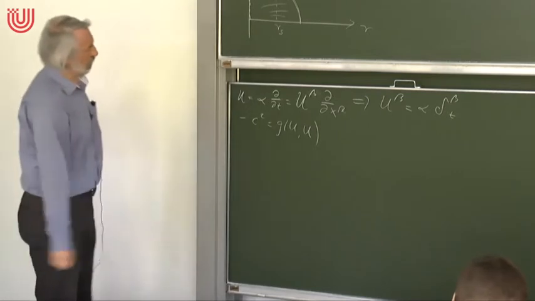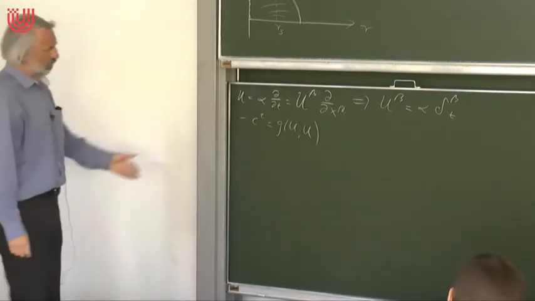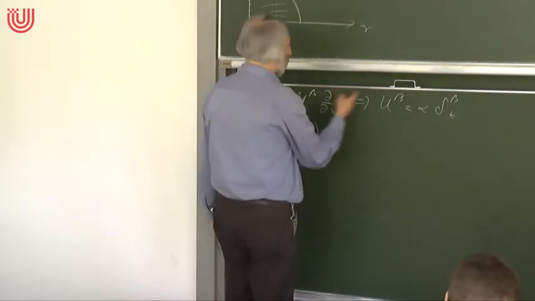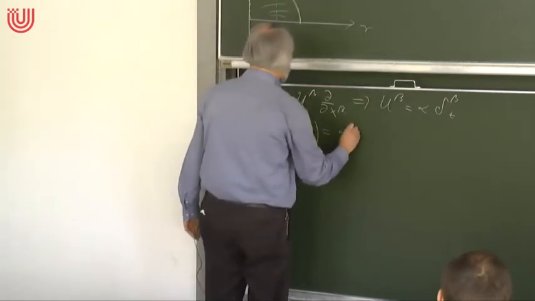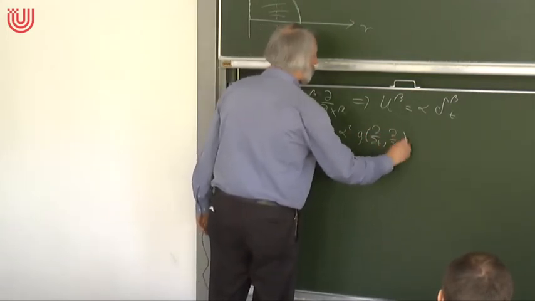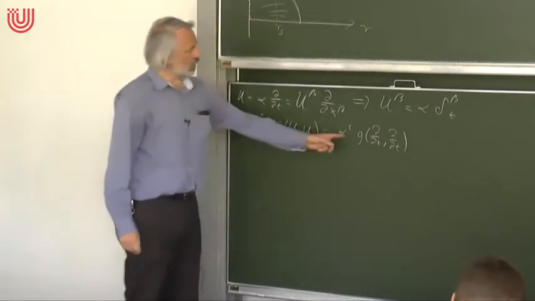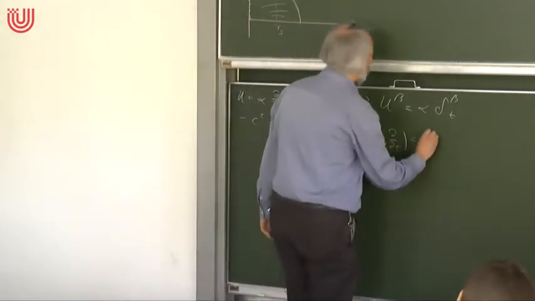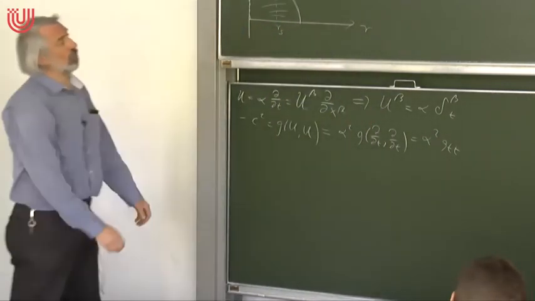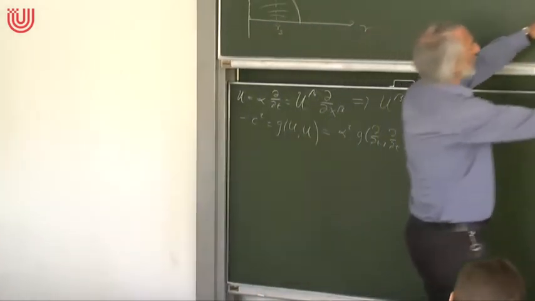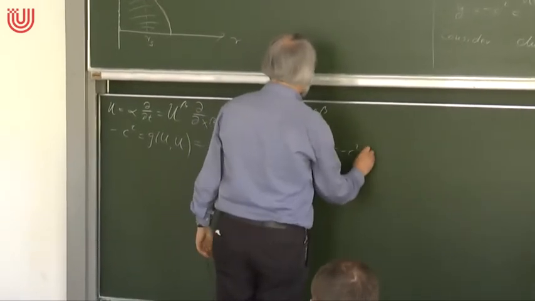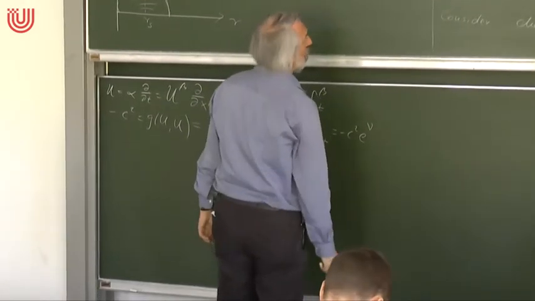We want to have g(u,u) equal minus c squared. So u is supposed really to be the 4-velocity of our dust. If I insert this expression here, I get alpha squared g(d by dt, d by dt). And this is just the coefficient g_tt, right? And I can read this from our metric ansatz. g_tt is what we have in front of the dt squared. So this is minus c squared e to the nu.